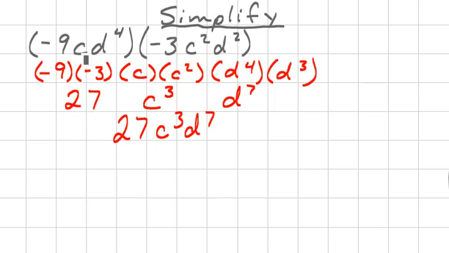C and c squared get multiplied together to make c cubed. And d to the 4 and d squared, right over here, oops, that should be a d squared, get multiplied together to make d to the power of 6. That means we've got 27, c cubed, d to the 6, which you can write nice and simple like that. So you can pause that, take a look at it again. The next question